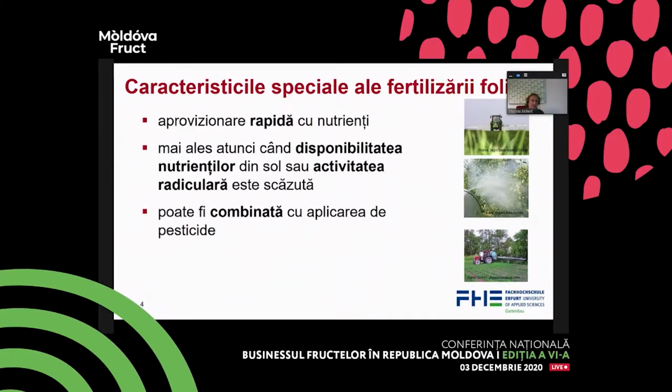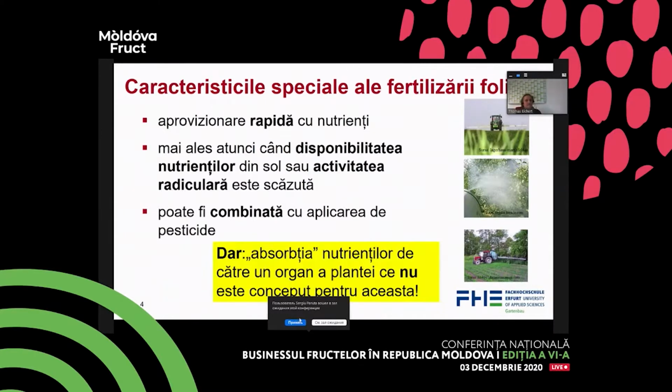Maybe if root activity is low because the soil is too dry, or the pH is so high that the plants cannot absorb, for example, micronutrients such as iron. And one advantage is that we can save time and labor and money by applying it together with, for example, pesticides. It could be mixed in the tank with the pesticides,